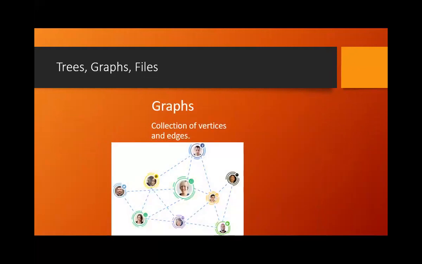Second is graphs. Now look into this diagram. What can you make out? Can anyone guess?